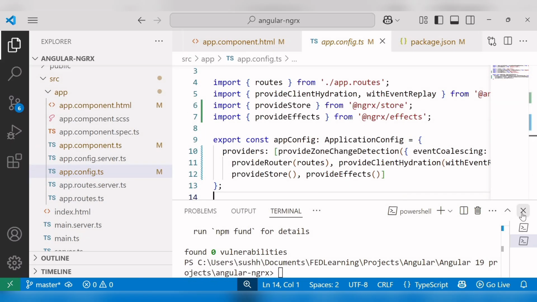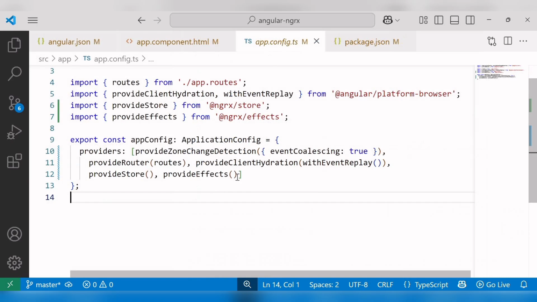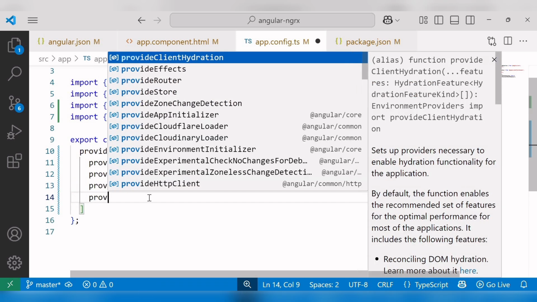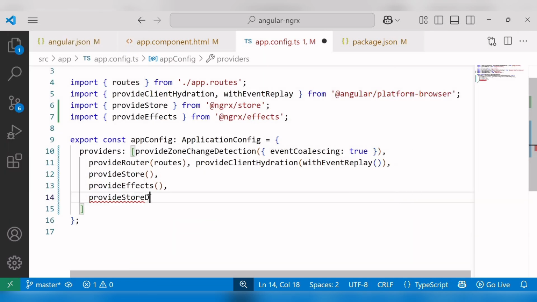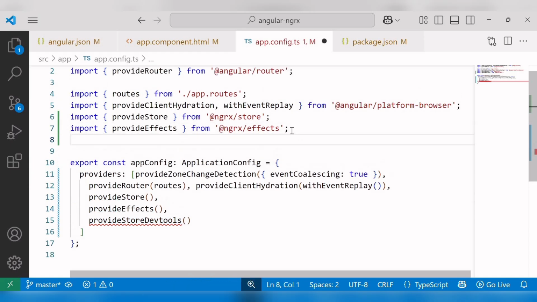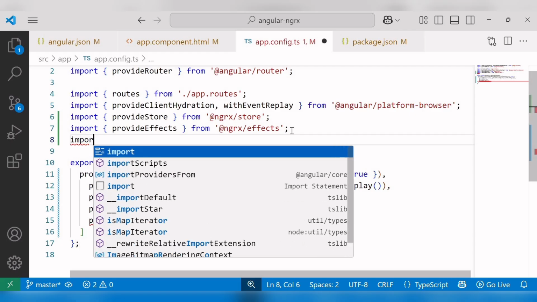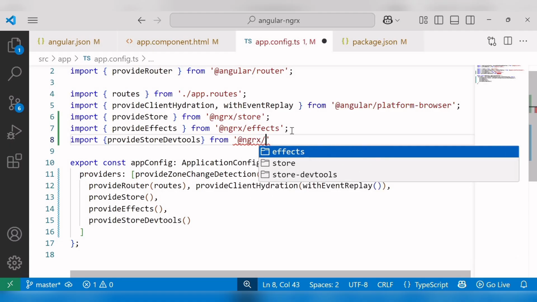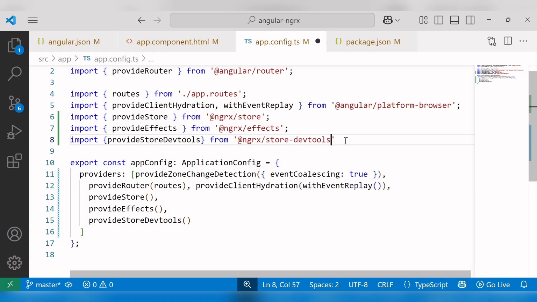Now next, let's configure the store DevTools in app.config.ts file similar to provideStore and provideEffects. So here I'll add provideStoreDevtools, and we need to import it from NgRx store-devtools. Import provideStoreDevtools from @ngrx/store-devtools. Now inside provideStoreDevtools,